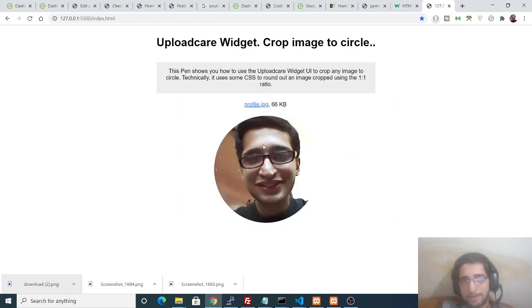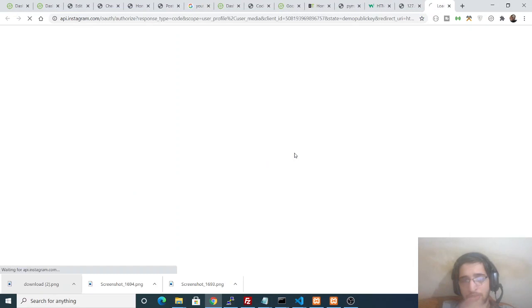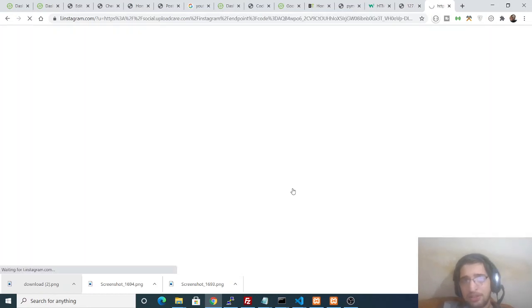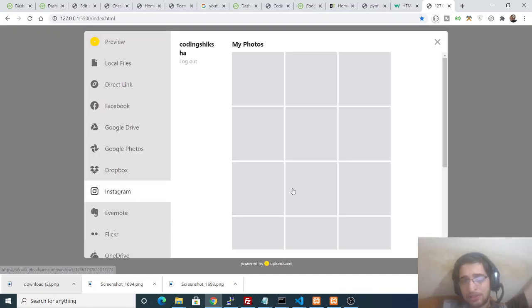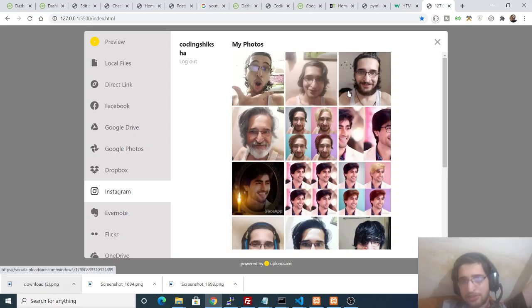So you can also get photographs from Instagram. Let's suppose you can also connect to Instagram as well. So very simple. Click allow here, just allow permission here. So let's suppose I select this image.